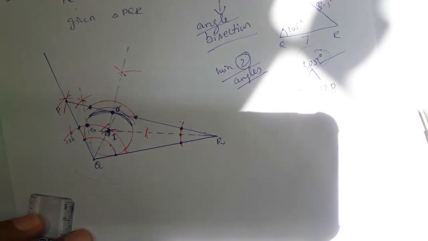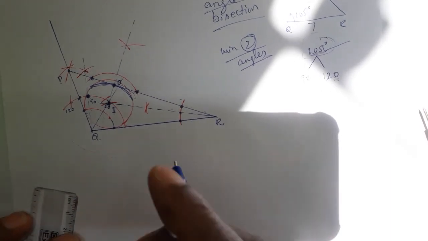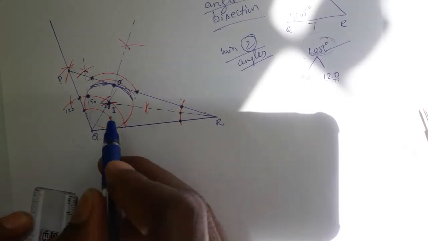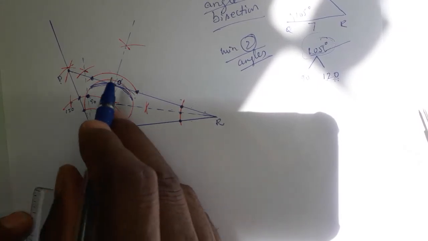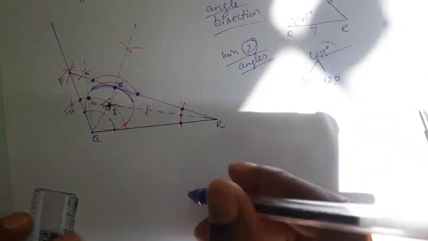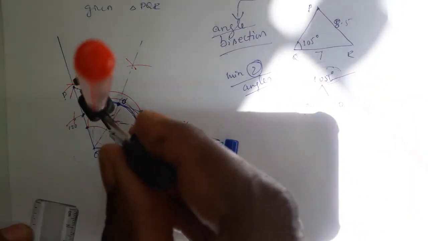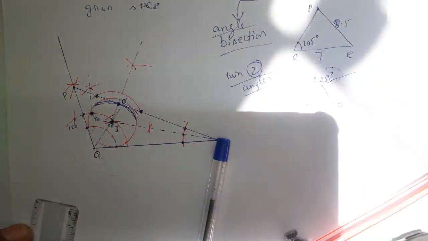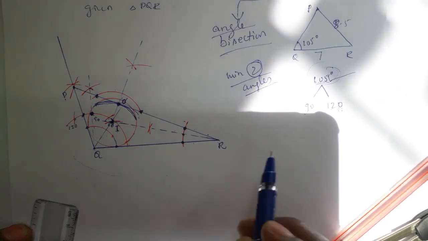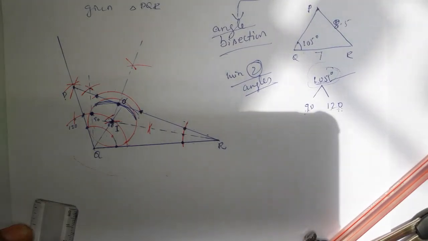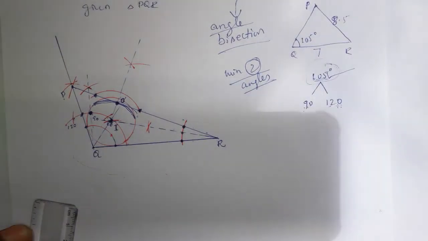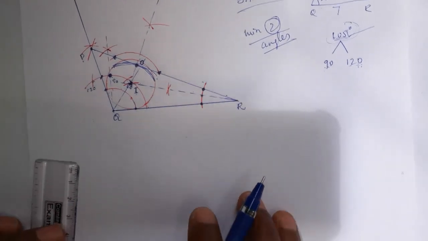So follow accurate methods while bisecting. You will definitely get the proper incenter and proper incircle. If in the question, measure and record the radius is given, then whatever radius the circle has, you write it here: the radius is equal to dash centimeter. Hope you got the incircle and circumcircle construction.